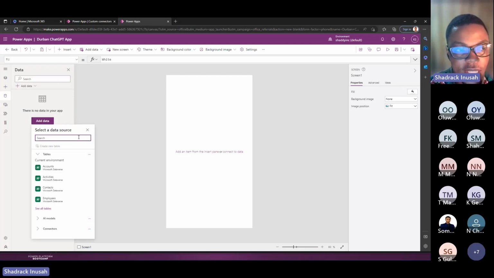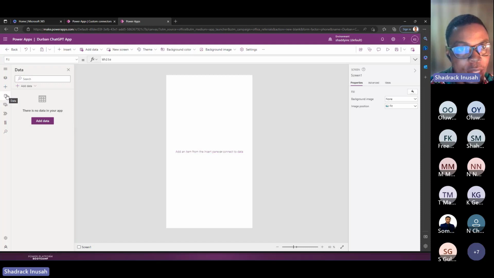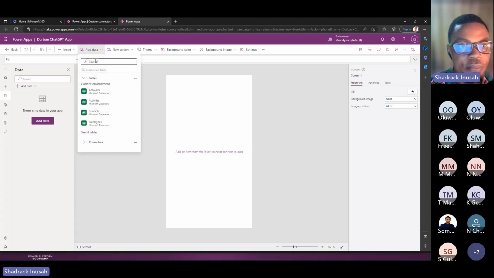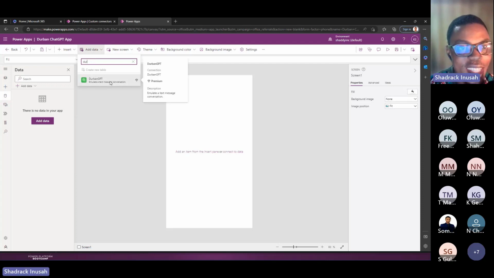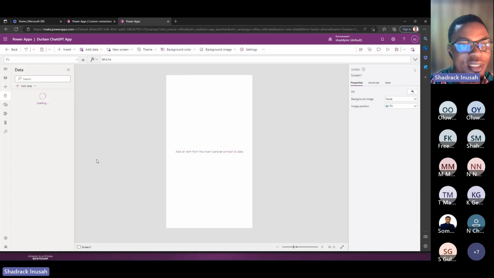I will need to connect my connector in here, and to do that, you can see the data icon here. You will click on it. The data icon here, that's the container. You click on it, or you come to add data. You come here, come and search for it. What did we name it? I think the ban GPT. Yes, the ban GPT. All right. So you click on it to connect it to your application because you want to call it within the application, right? So we are connecting it so that we can call it. You can call a lot of data in here as well with your SharePoint and other stuff, right?